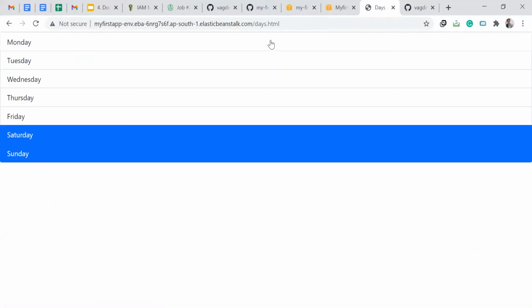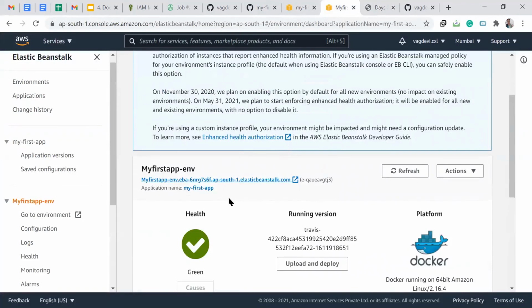After the build was successful for the testing branch, we have merged the changes of the testing branch onto the main branch. And then Travis has again built it and deployed it onto the main app, which is my first app. Then it has checked the health and deployed the newer version.